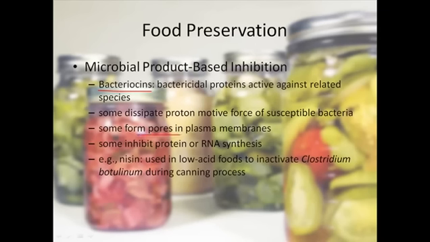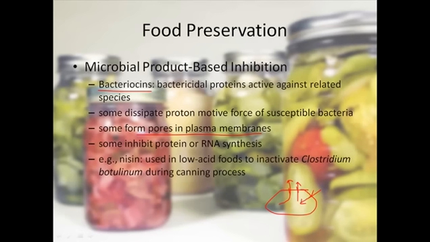Some form pores in plasma membranes, as I have told before, and act as porins, and by doing this they will disturb the osmolarity of bacterial cells. So whenever something makes a hole in a bacterial cell, the ions will go out without the regulation of a transport system in the bacterial cell. That will lead to different osmolarity changes, and that will kill the bacterial cell in some time, in a short time later.